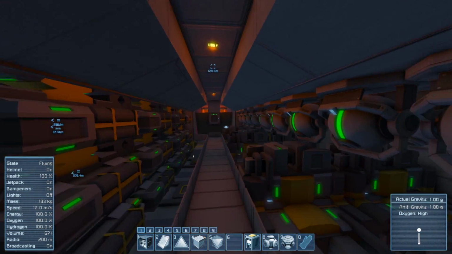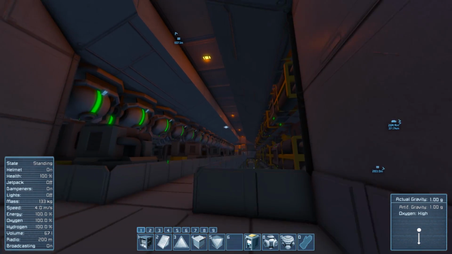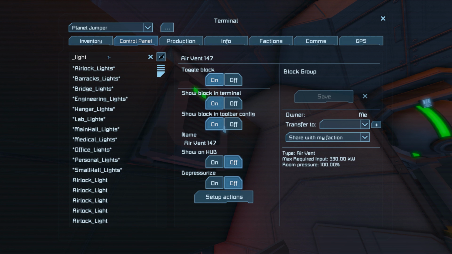We'll level ourselves back up and over and back down. Here, you can see all the red lights. There's different color coding for everything. In fact, if we were to look in a control panel like this right here, and we were to search up underscore lights, actually you can probably see almost all of them right there, but you can see we have